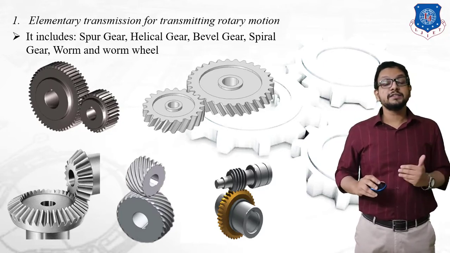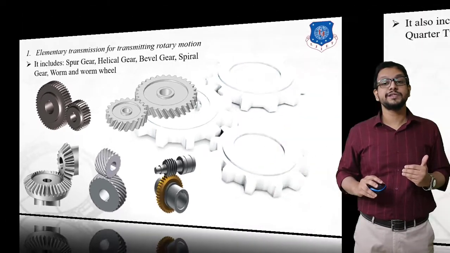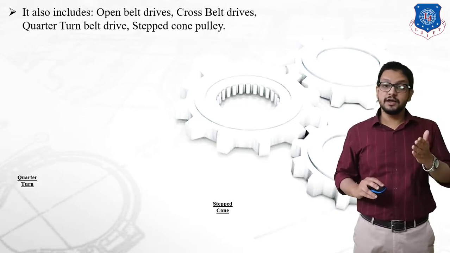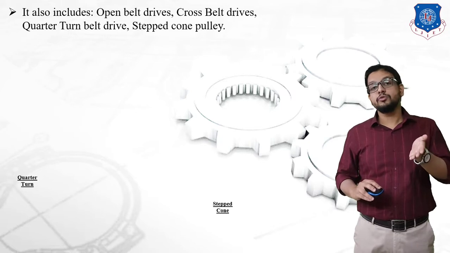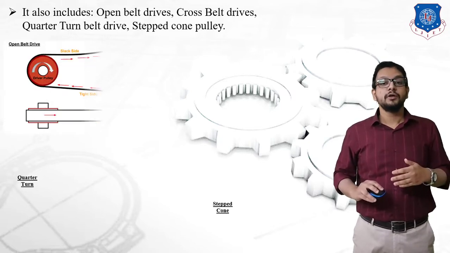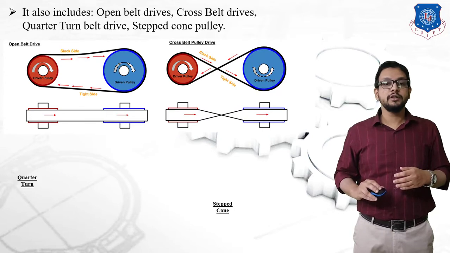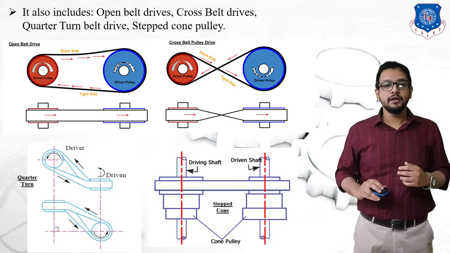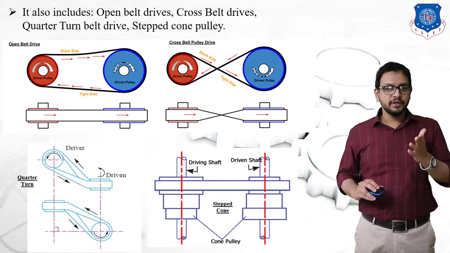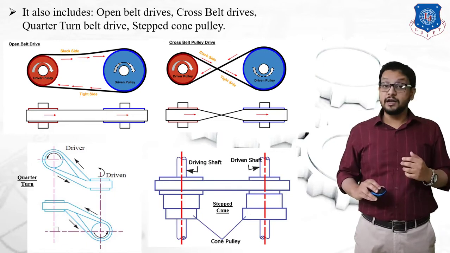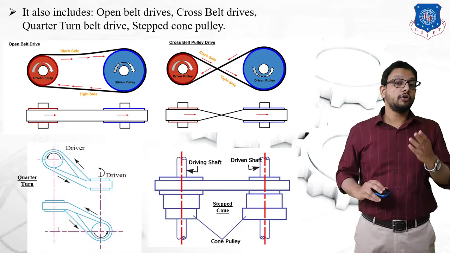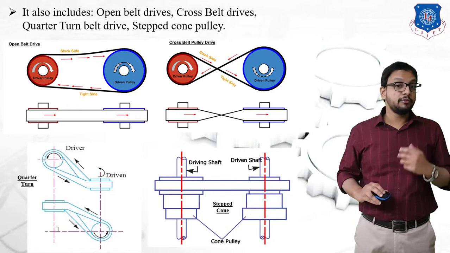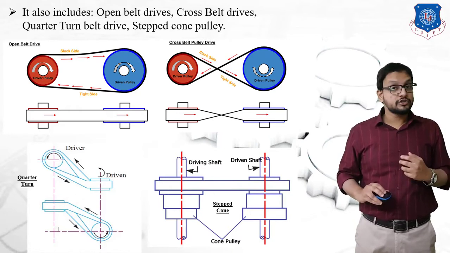Now the next type we need to see also includes open belt types of drives, which is again a case of transmission of rotary motion of a motor into rotary motion of an operating member. As you can see on your screen, types of drives are shown: open belt drive, cross belt drive, quarter turn belt drive, and step cone belt drive. I hope that you are clear with all these types, because they are already covered in your kinematics of machines. I am just giving an overview that in an open belt drive, you can clearly see that the two shafts will be parallel, and one side would be a tight side, the other side would be a slack side, and both shafts are rotated in the same direction.